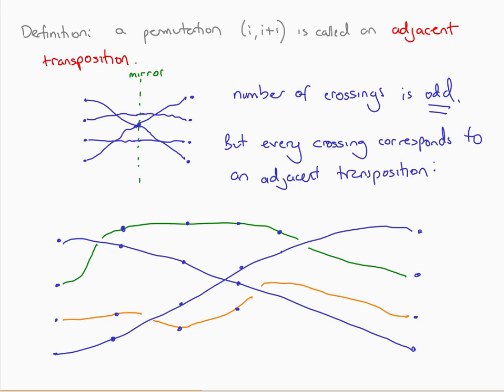So I'm going to draw in some extra blue dots so that there's only one crossing between each set of blue dots. So the whole permutation here was just the transposition (1 4). And what the diagram shows you is that this transposition (1 4) is equal to a composition where we take